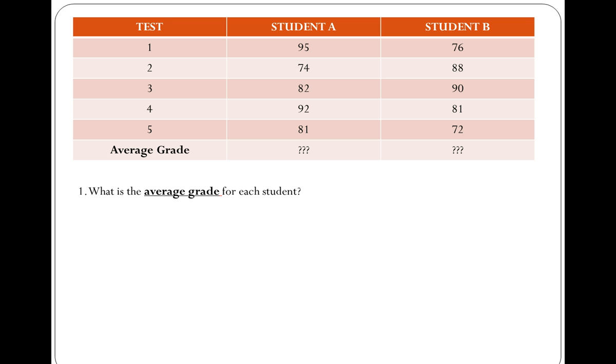So you're given a table with 5 test scores for student A and student B, and they're asking what is the average grade for each student. Now to find the regular average for each student, you simply have to add up each of the test scores and divide by 5 because there are 5 total tests taken. And you would do the same for student B. So for student A, you would have an average test score of 84.8. And for student B, you would have an average test score of